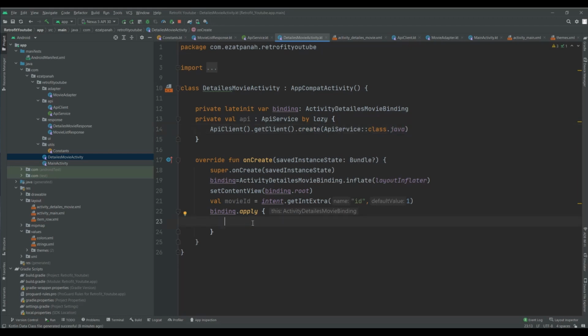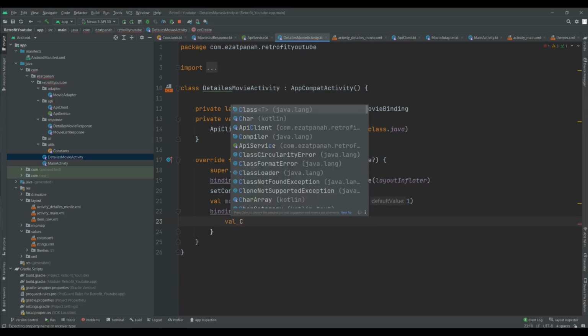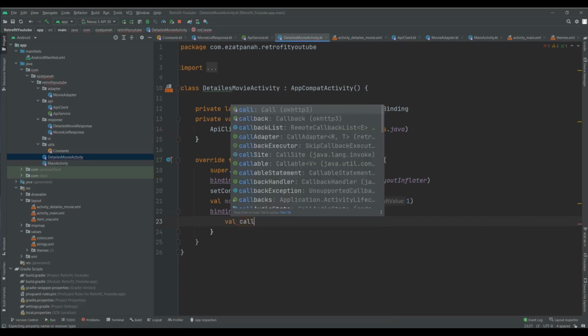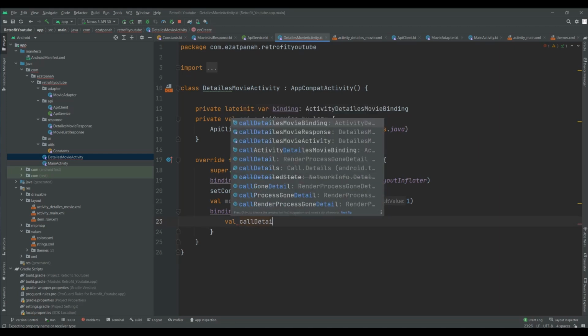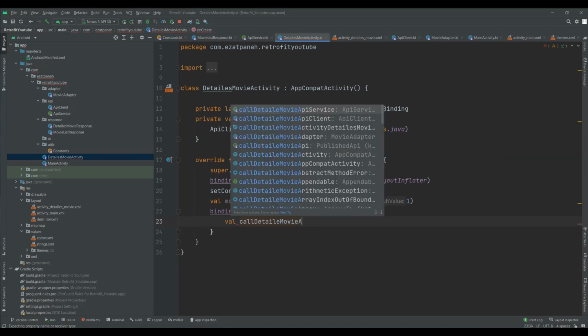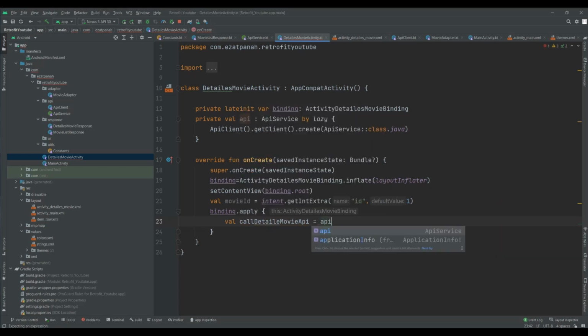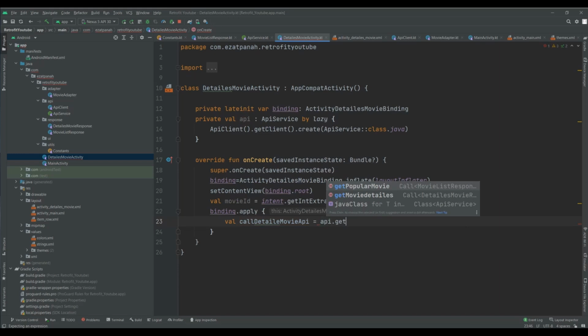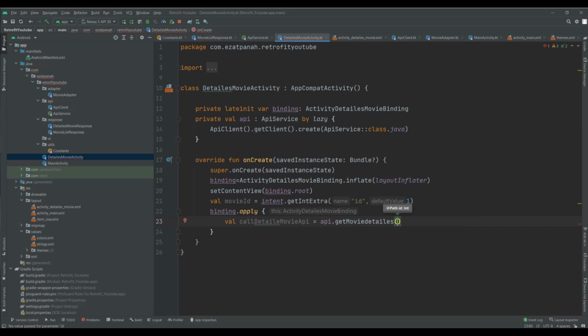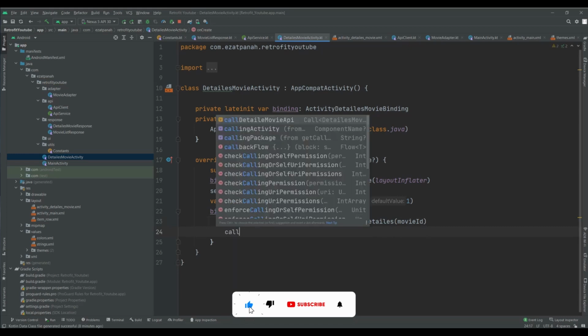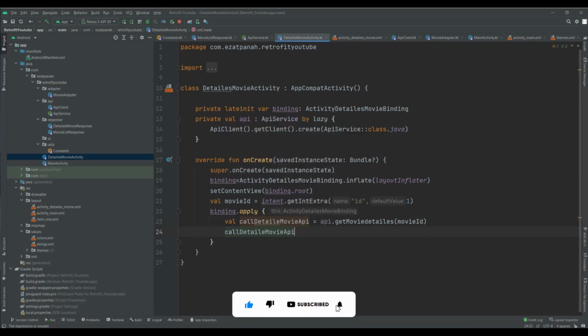And here I can call my API: val call details movie API. Here API dot get movie details. Here I should pass this ID, and here call detail movie API